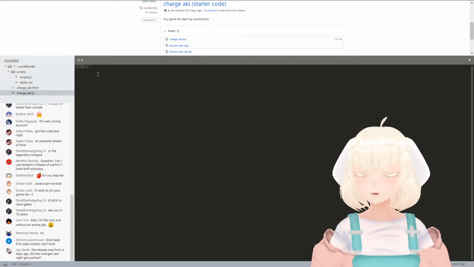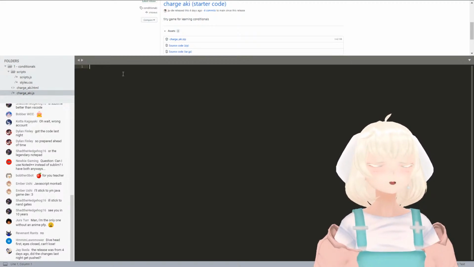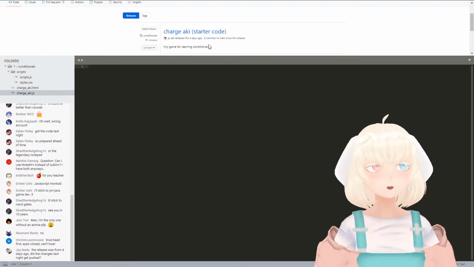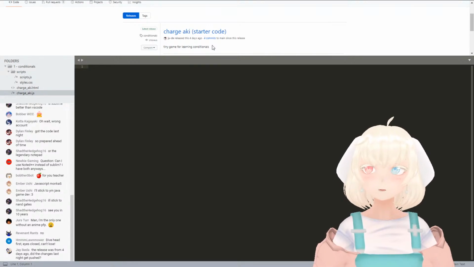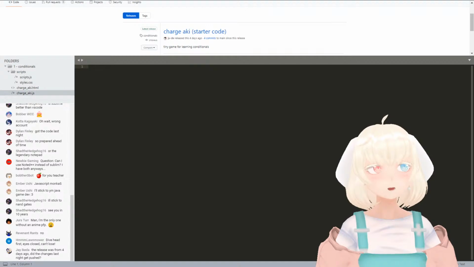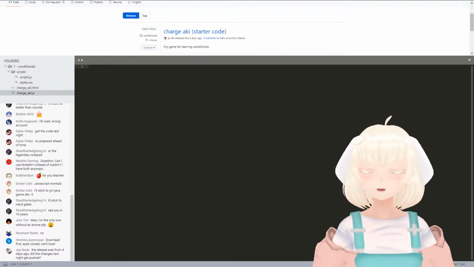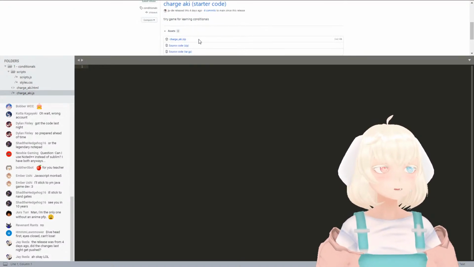The release was from 4 days ago. Did the changes last night get pushed? Yes. I actually just updated the release file. So it should be fine. But yes, the release will say 4 days ago because the file is the only thing that I updated. But let me know if that's not the case. It's not a big deal if it's a little bit different. It's just some quality of life things. But yeah, once you download that,